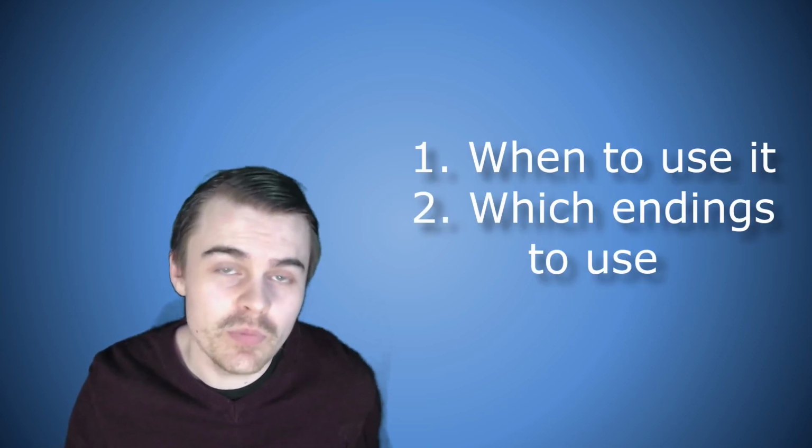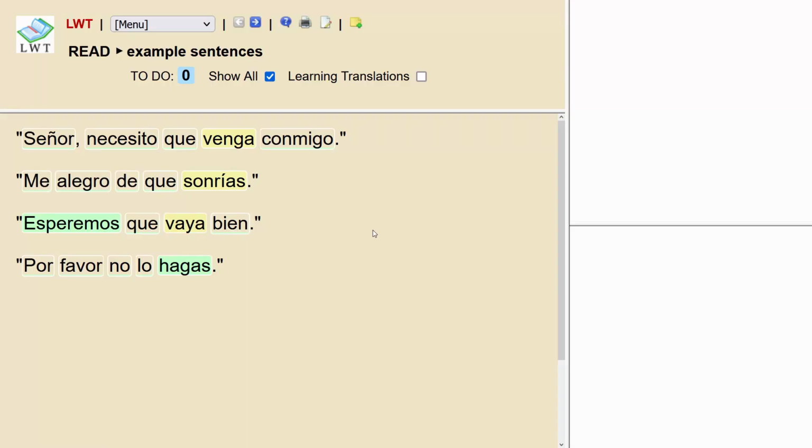So the main thing you need to know with the subjunctive is, number one, when do you use it, depending on the language, and two, what endings to use. So here I'll show an example of some sentences in Spanish. Okay, so here we have some example sentences which show basically the subjunctive in Spanish. So first we have, Señor, necesito que venga conmigo. So here we have the phrase, it's necessary that,